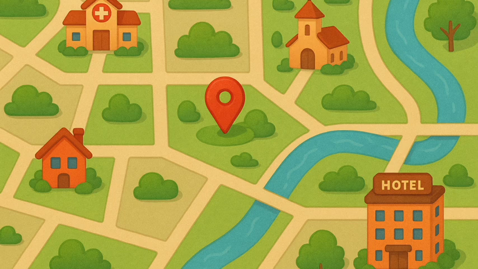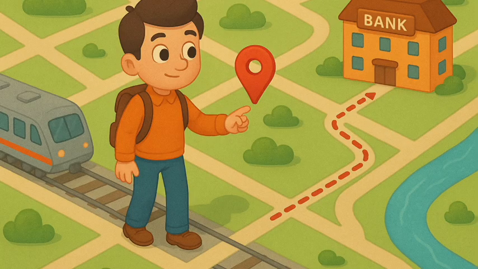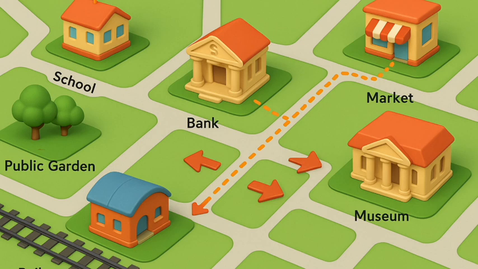Let us play a game. Examine the map of this small city. Imagine that you just got off a train at the railway station and you want to visit the bank marked on the map. Which way would you go? Are there other possible ways? Can you locate the public garden, the school and the museum? If you want to proceed from the bank to the market, which way will you go?